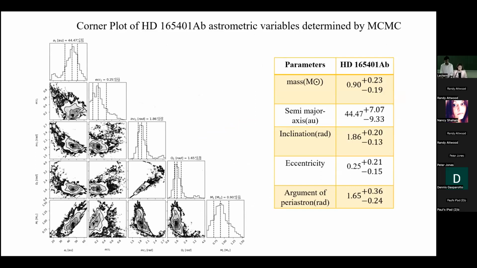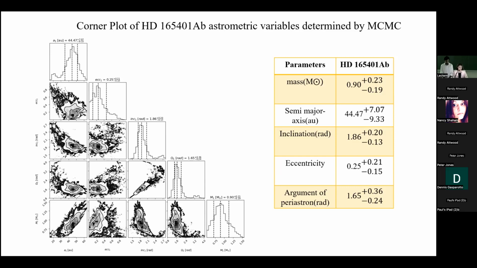We were able to find the mass of the companion. As you can see, the mass of the companion is close to 0.9 solar masses, which means it's very massive, even though the size of it is probably close to the size of the Earth. So it's a very dense star. The semi-major axis of the star is 44 AU, which means it's 44 times the distance away from the primary star, if you consider 1 AU as the distance from Earth to the sun.